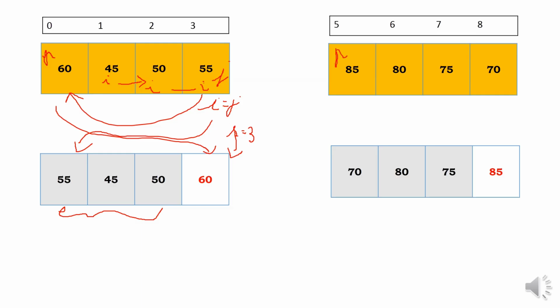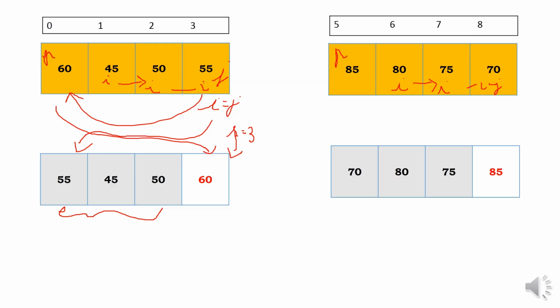The pivot is pointing to the element 85, i is pointing to the element 80 and j is pointing to the element 70. The element that is present at i, that is 80, is compared and is less than 85. Hence the scan continues to point to the element 75. Now 75 is also compared with 85. Since 75 is less than 85, no need to swap anything.